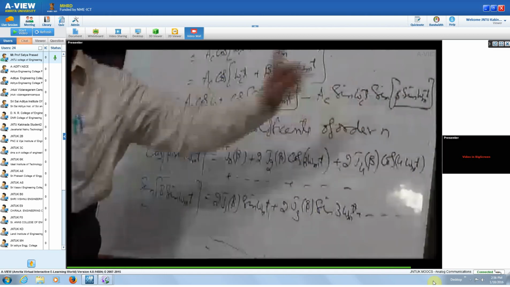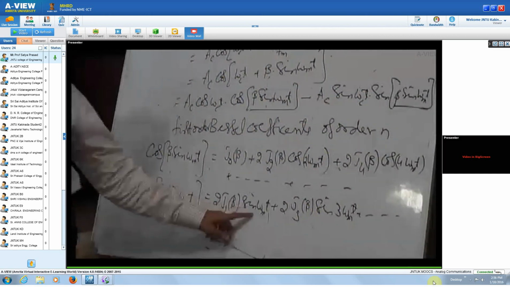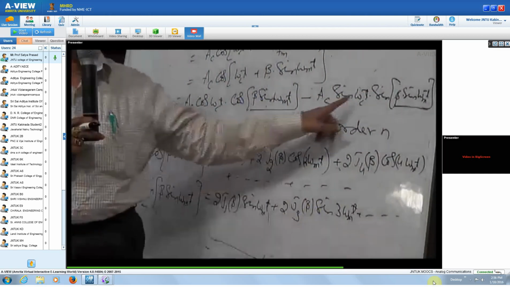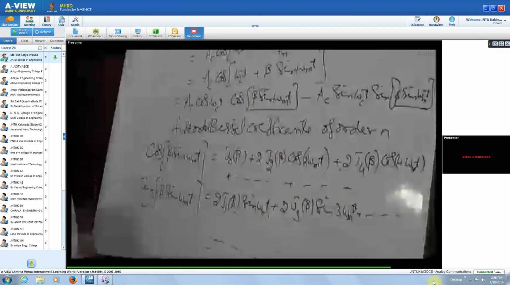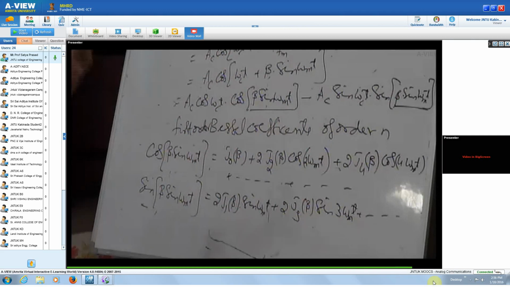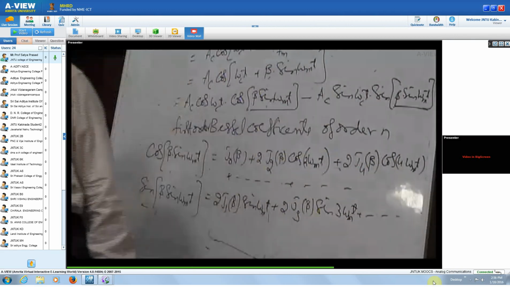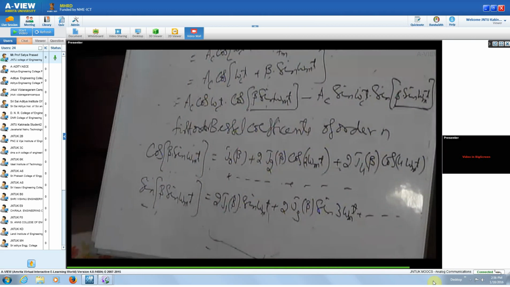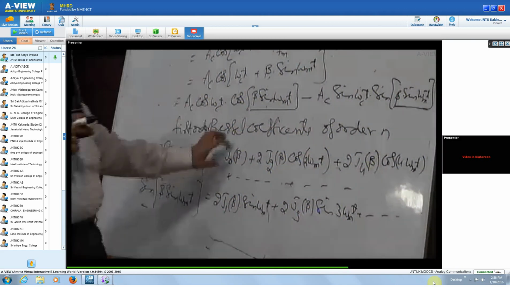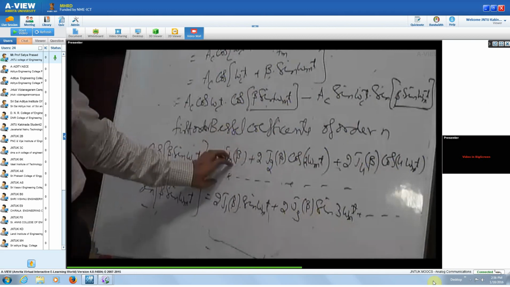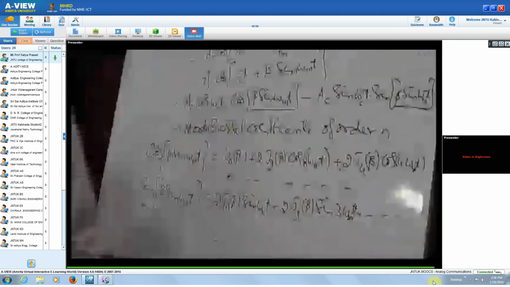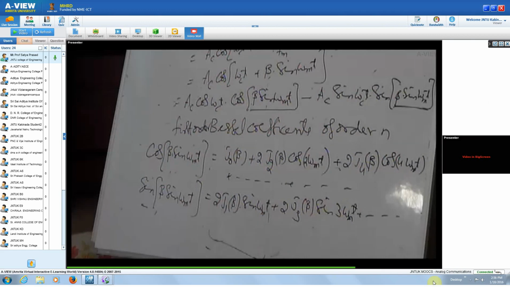Sin omega c to sin a into sin b. So we are going to get sin omega mt into sin omega ct. So omega c plus omega m and omega c minus omega m. And this gives you omega c minus 3 omega m and omega c plus 3 omega m and so on. That means all these things with the cos omega ct, the carrier frequency and all the other harmonic frequencies with respect to our omega m, omega c